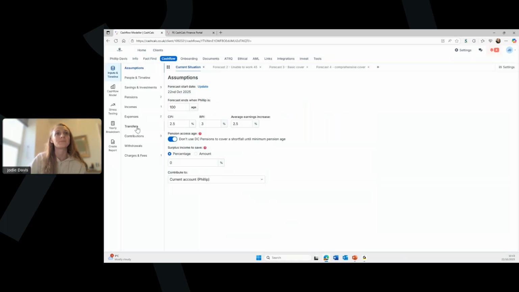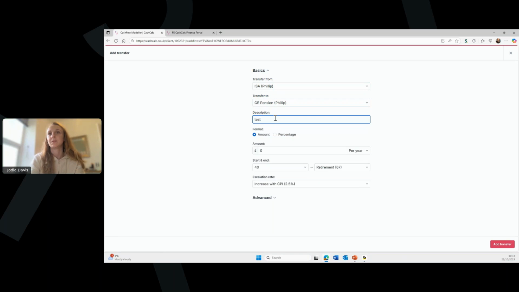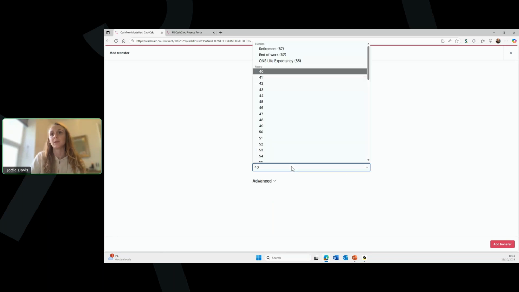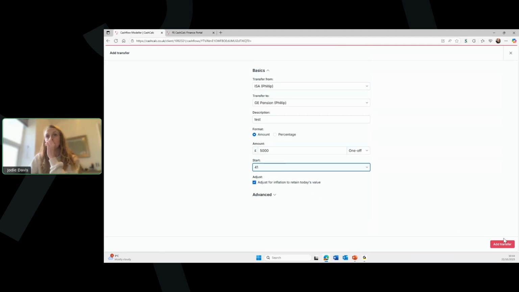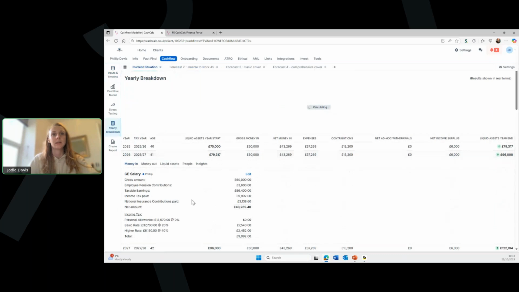Bear with me. So if we have a transfer and we are transferring from the ISA to a pension, let's just call this test, and let's say we are putting 5,000 as a one-off. Let's do it next year. Add that transfer. If I hop over to the yearly breakdown and look at this year,